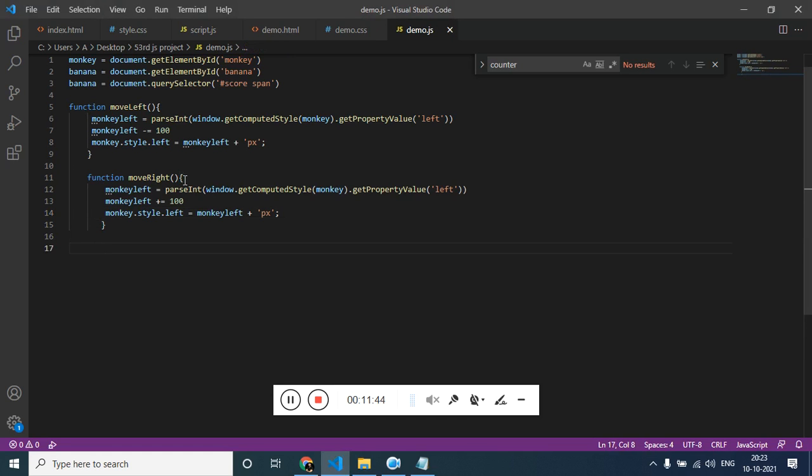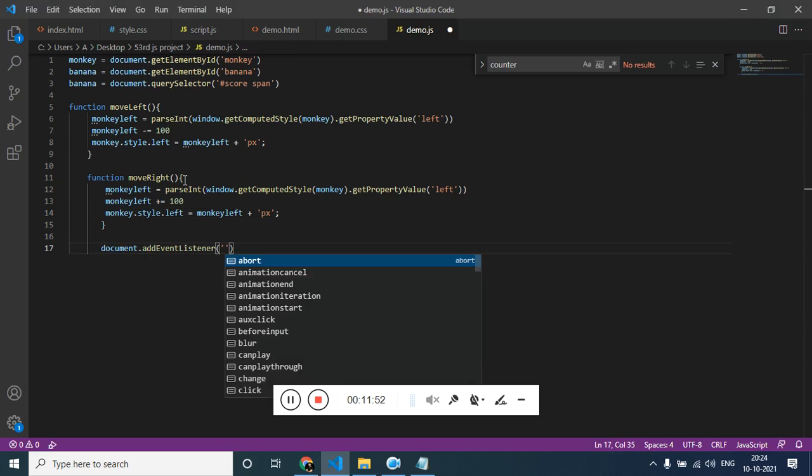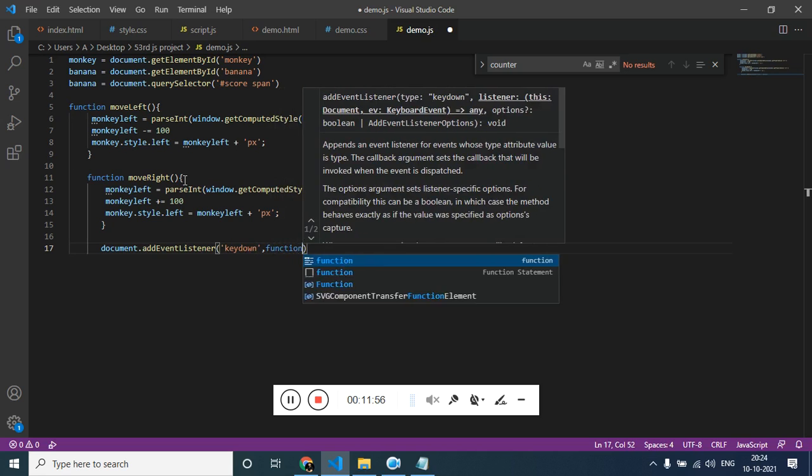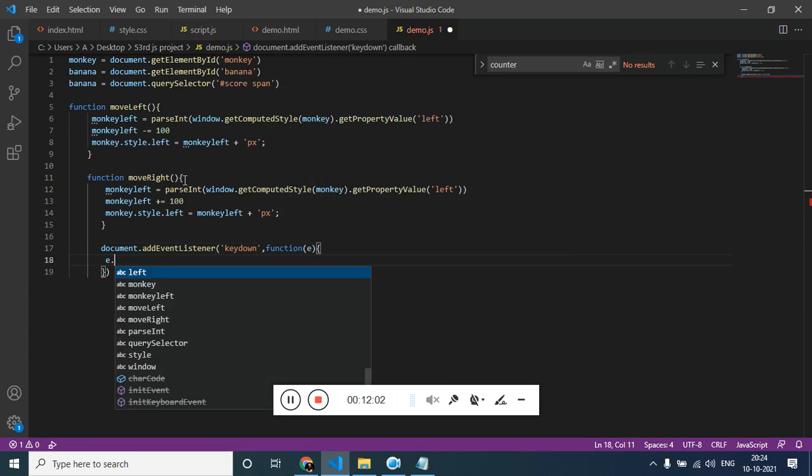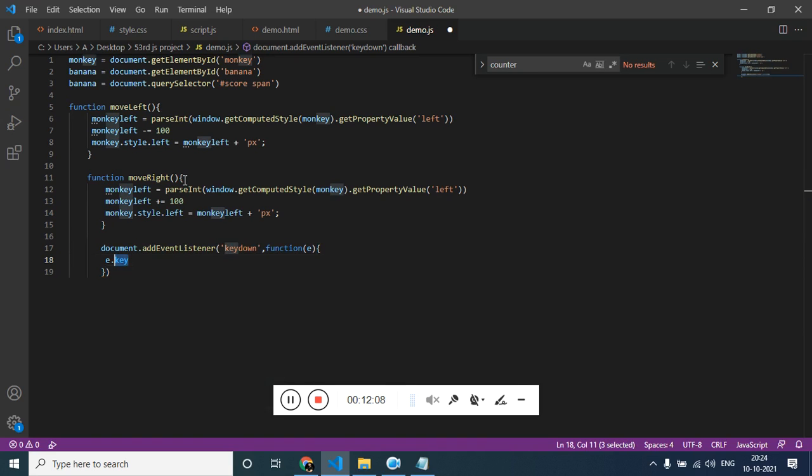Now let's get on the document.addEventListener. We want to pass the keydown event, and let's pass the event as a parameter, and e.key.